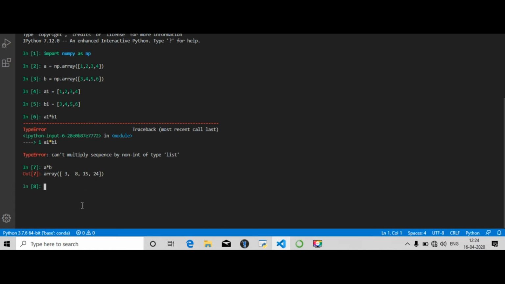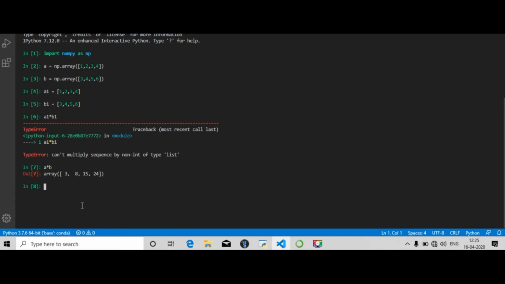So the basic use of the NumPy module is to do all your algebraic calculations related to mathematics. When you are dealing with statistics, you will deal with matrices and then matrix multiplication, element wise multiplication, which is not easy in Python's list. So this is the use of NumPy.